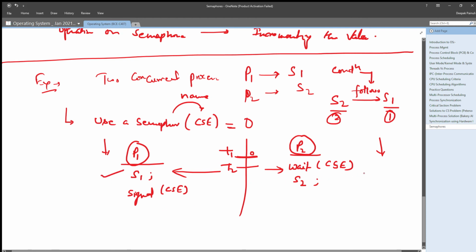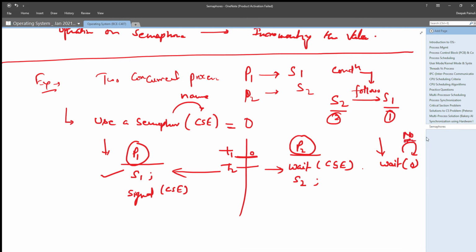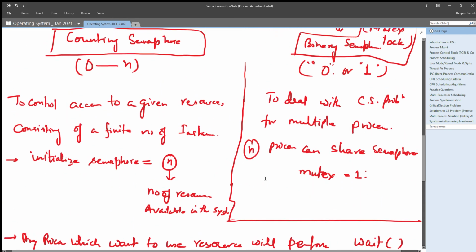And at the same time P2 will execute the wait operation on CSE, and wait on CSE means wait on 0, because the semaphore value is 0, so it will do nothing, no operation, right?